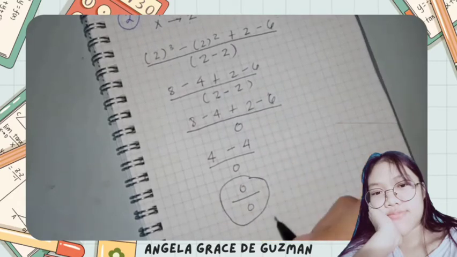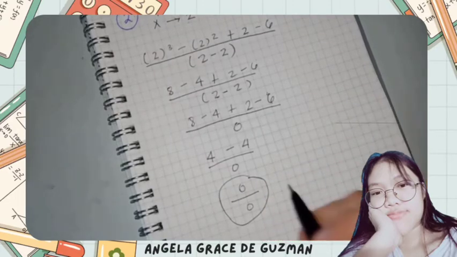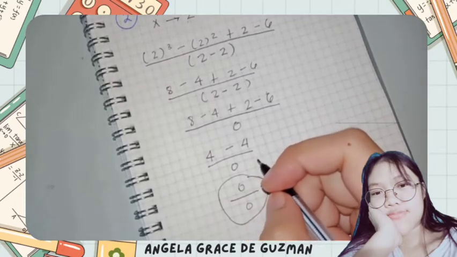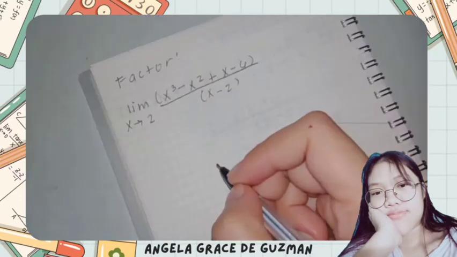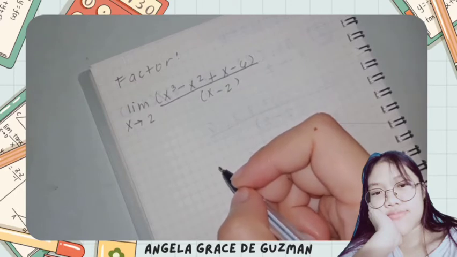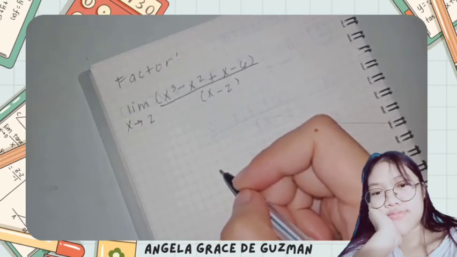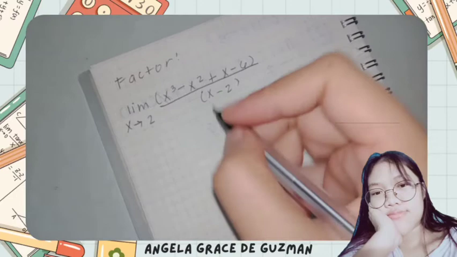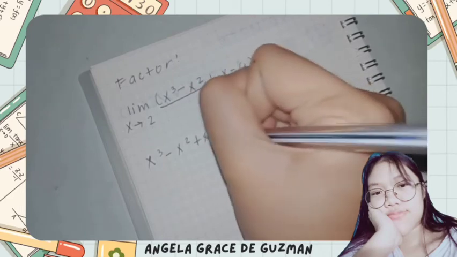So kung mapapansin natin is hindi siya function. So ano yung gagawin natin? Kapag ganito yung lumabas, the thing that we are going to do is to factor the numerator and the denominator. So let's factor it. So in order to factor the given, we have to think of a possible value that when we do the full method on it, the answer should be the given. So let's start. So x cubed minus x squared plus x minus 6